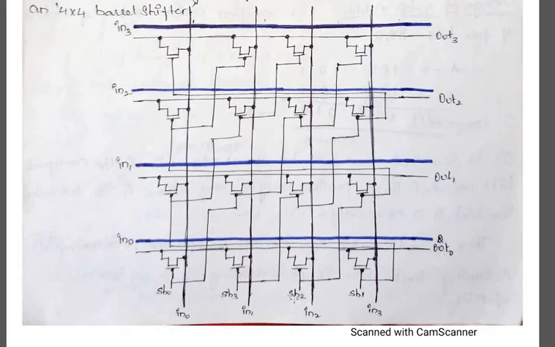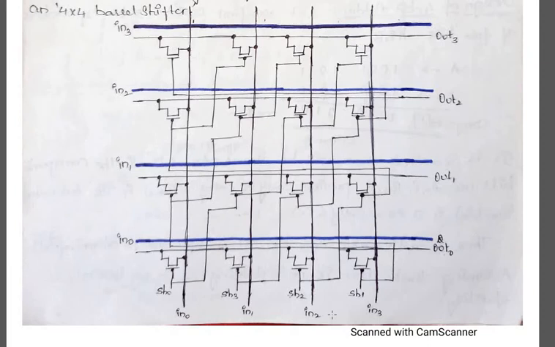However, the capacitance at the input of the buffer rises linearly with the maximum shift width. So the maximum shift that is required can be obtained by using your barrel shifter. This barrel shifter is a digital logic circuit that can shift a data word by a specified number of bits in one clock cycle.